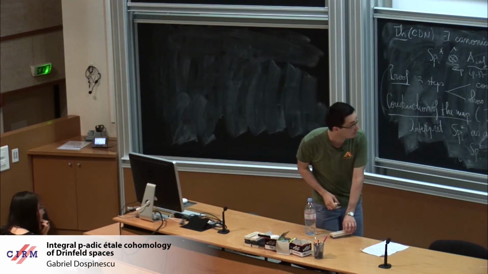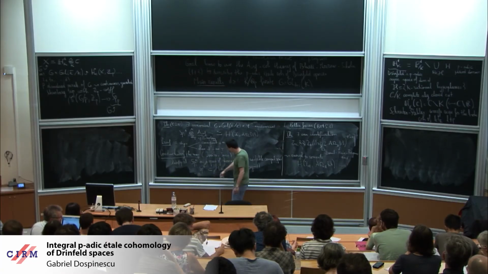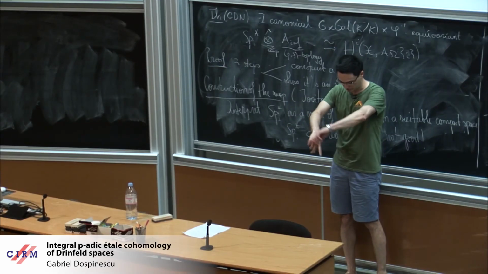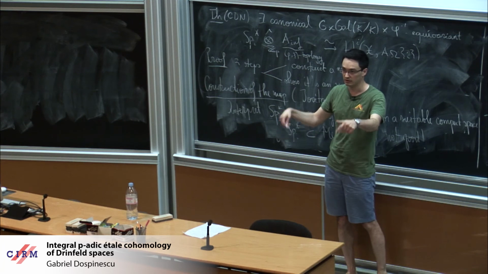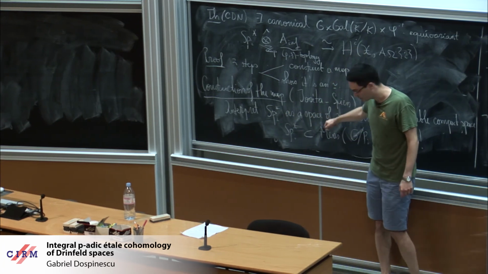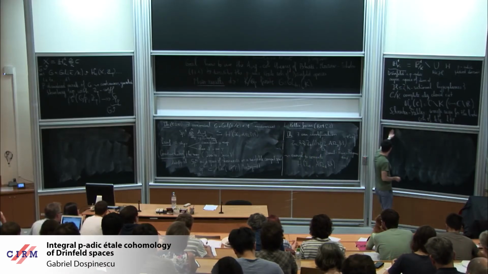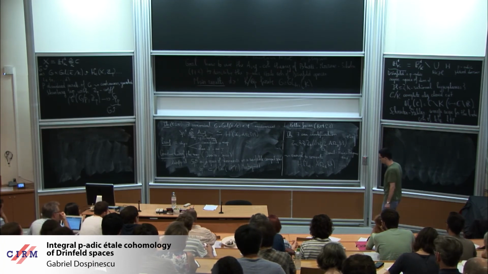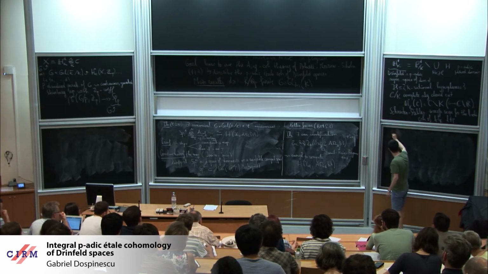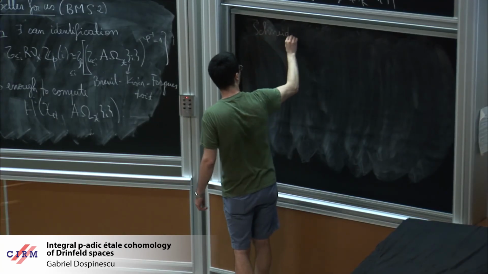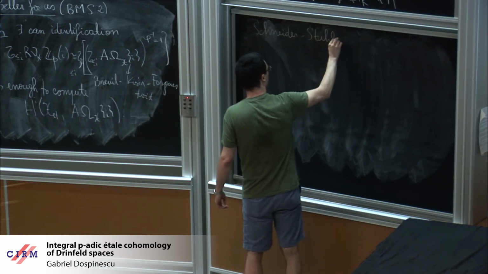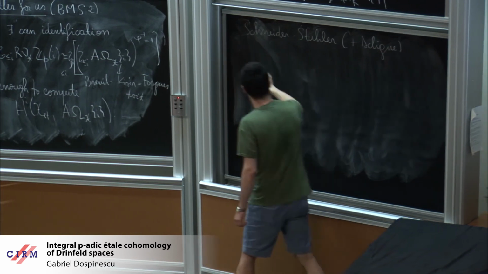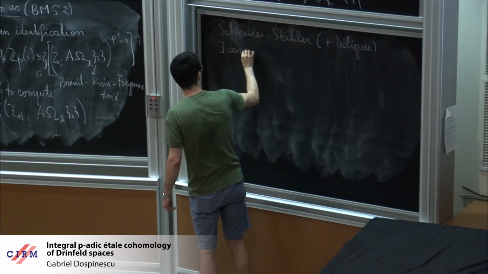Okay. So, I was saying that I want to interpret this as a space of measures. On what? Well, basically, the point is to look at the boundary of the space and to create a space of measures on the boundary. So this is some kind of Poisson transformation or things like this in dimension 1. And it's a vast generalization of this kind of construction. So this is due to Schneider and Stuhler. And I guess there is also some input from the linear, which says that there exists a canonical surjection